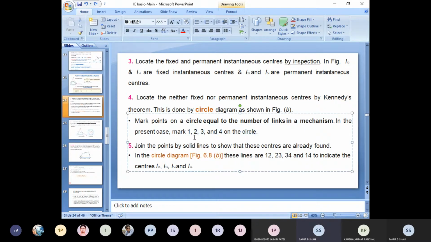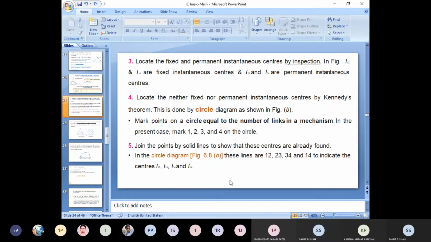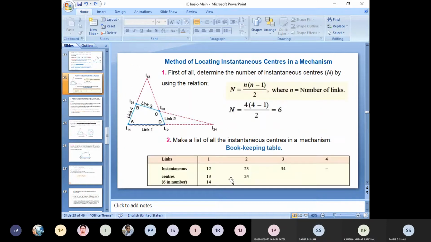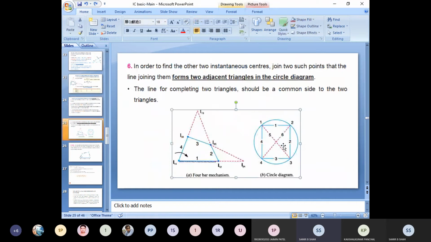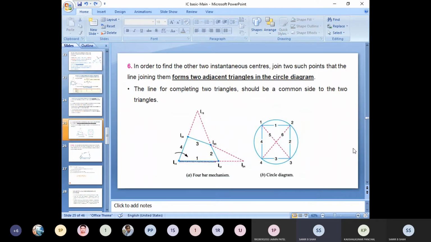Whatever number of links we have, suppose 4 links, at that time we accommodate 4 points on the circle. The radius can be whichever you want, so there is no issue with the radius and no issue with the dimensions. But you have to accommodate all 4 points, or all the link points, on the circle. Join the points by solid lines, and after that, with the help of this figure, we are creating the remaining points,